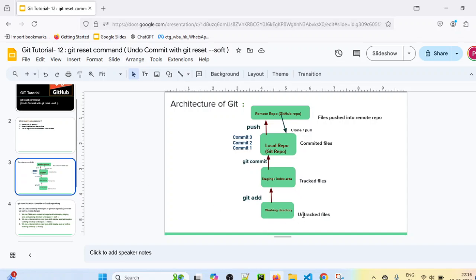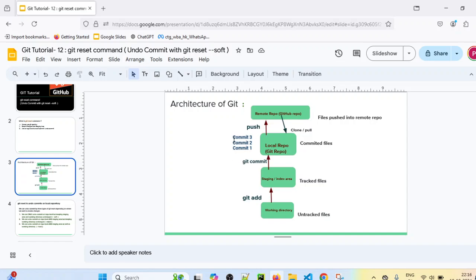For example, if you have added file 1, then file 2, and then file 3 from the working directory to the staging area, and in commit 1 you have committed file 1, in commit 2 you have committed file 2, and in commit 3 you have committed file 3.